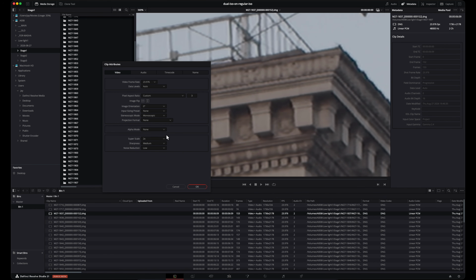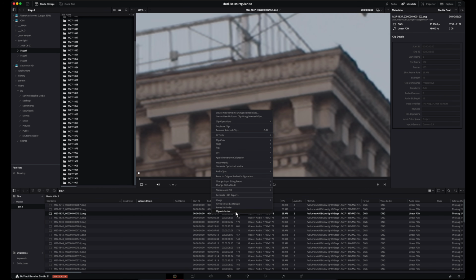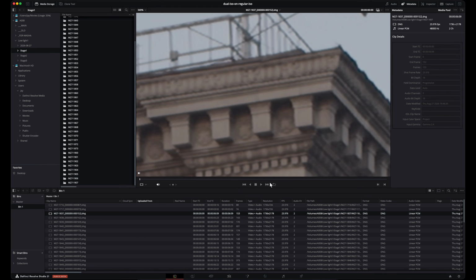But medium low is also good. You can use that, but it's not really different from high medium. But for me, the go-to is the medium, because